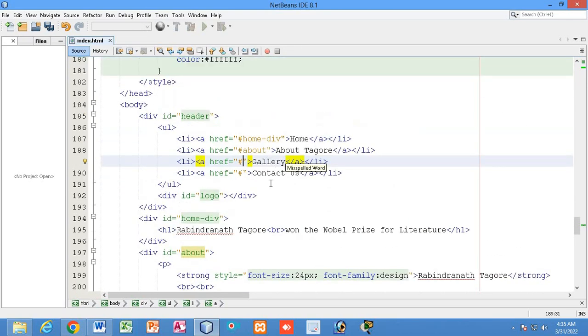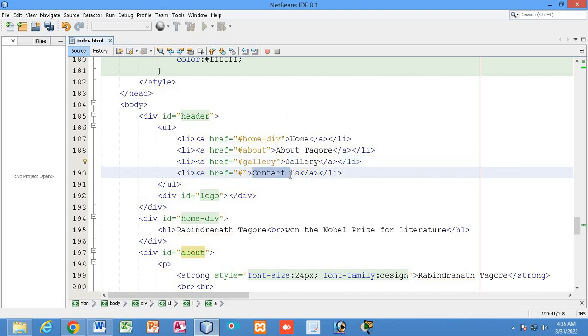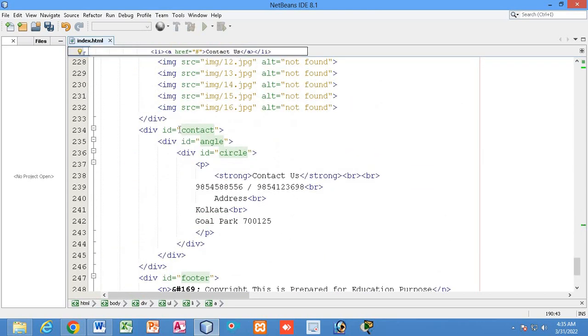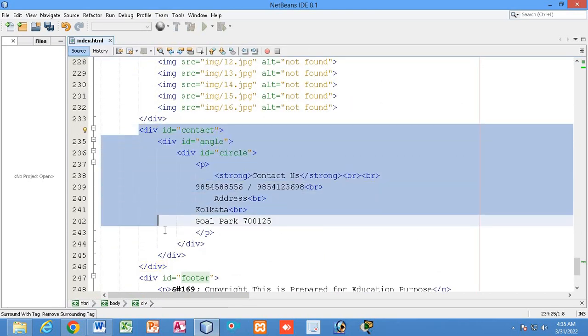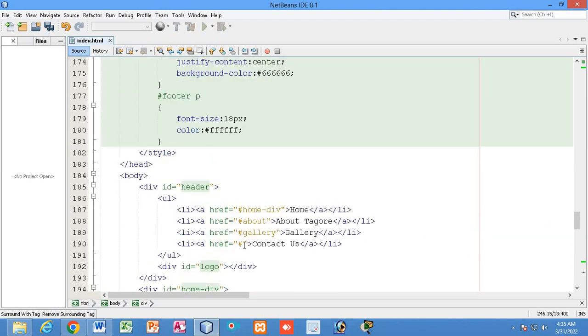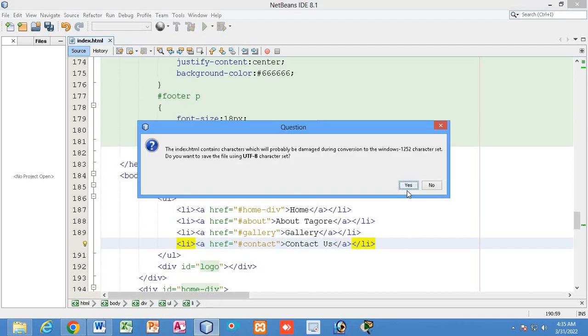Just simply write gallery. And for the contact we have created the contact div at the last, right? So it should come here, so just simply write here contact. So you can see how you can navigate.